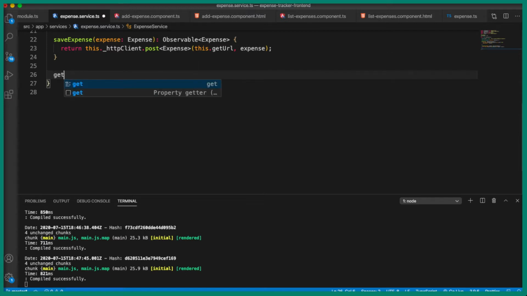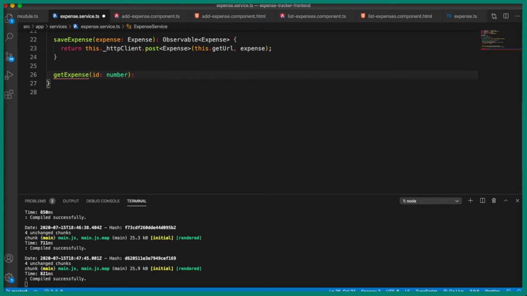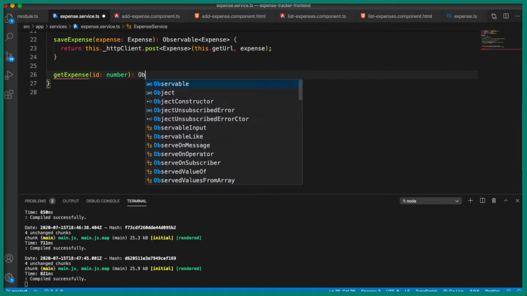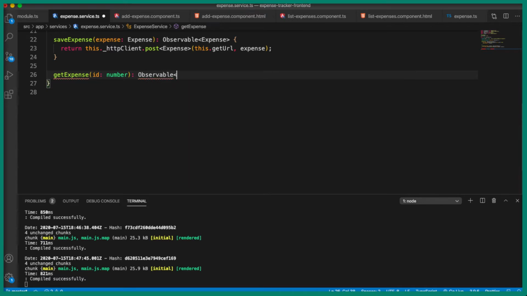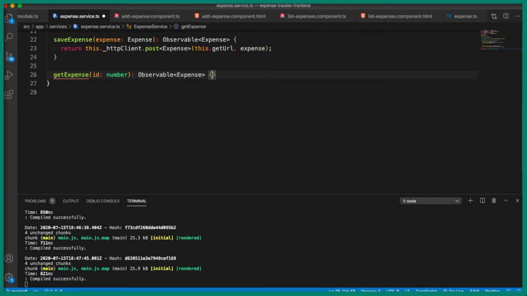I'm going to call this getExpense. And to this we are going to pass the expense ID, and I'm going to call this id, which is of type number. This is going to return an Observable of Expense. Return